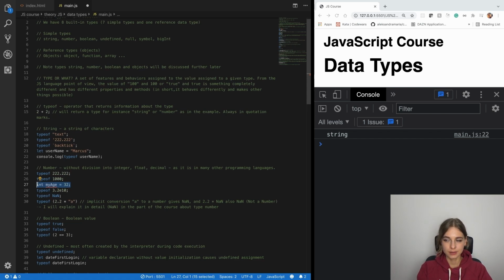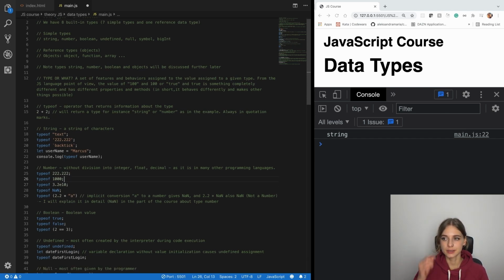But in JS, we don't need to specify. It's always created like any other variable. So if you want to create a fraction, put a dot, not a comma, and it's always a number. There's no difference between integers, float, or decimal. There are many different ways to create numbers. For instance, this is a scientific notation for very huge numbers, extremely large numbers,